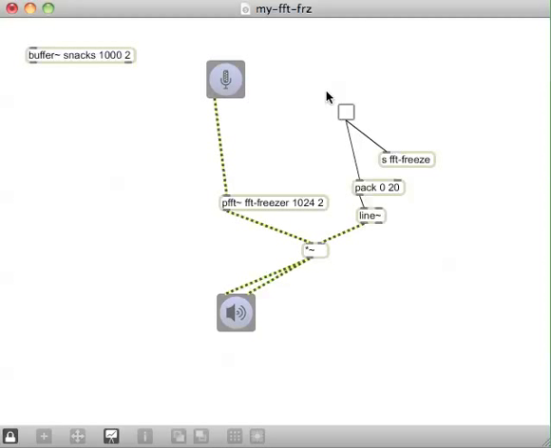All right, so now it freezes. Hello. Now it freezes. Then I can just stop this wherever, and it hears what I said. All right, so that was Patch a Day 8, and I'll see you in number